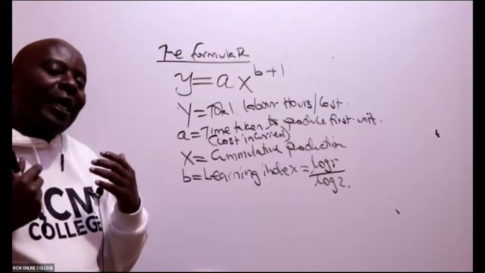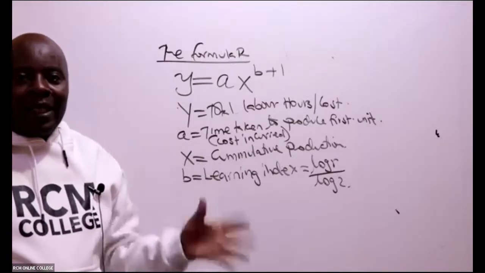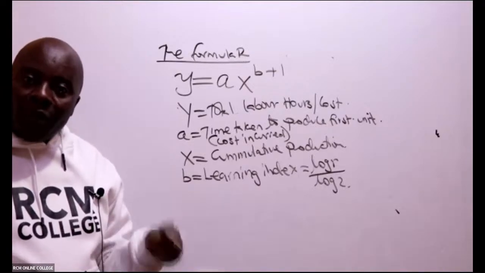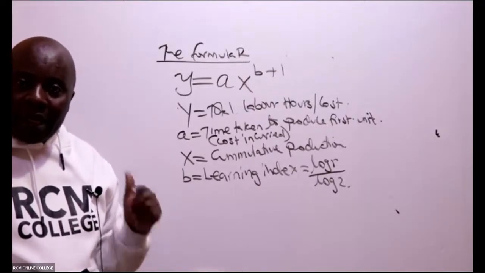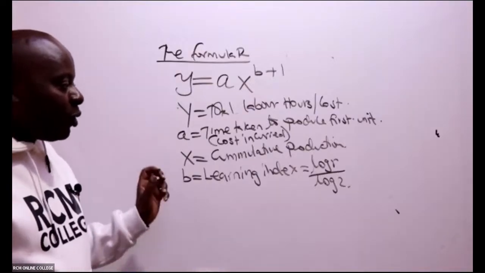Anytime they want us to give them B, B is log R over log 2. Now, mwalimu, I hated logarithms in high school. Again, I'm meeting them here. Mantissa, characteristic, that will not be here. Here we shall be using a calculator throughout, so you should not fear. The only thing you need to do is to cram the formula of getting B.